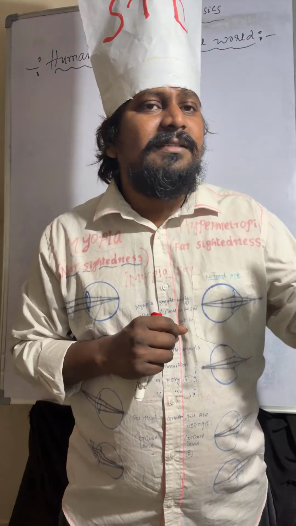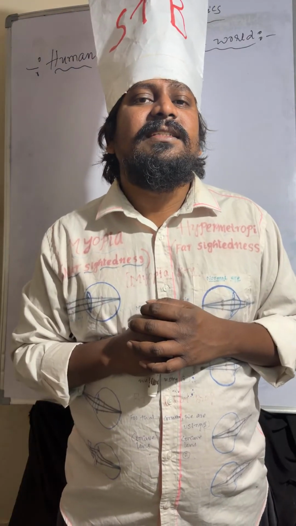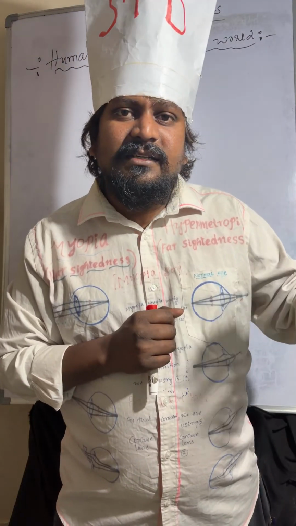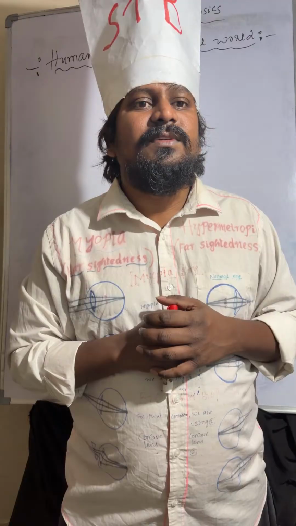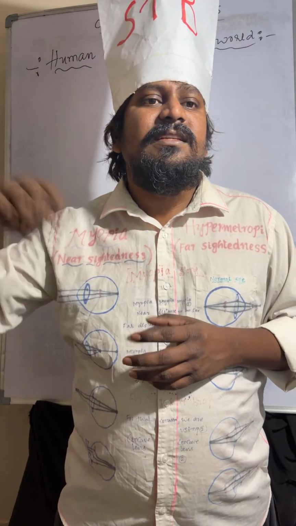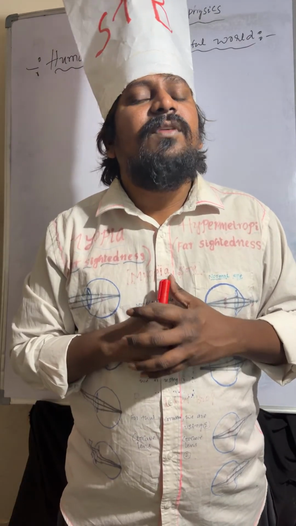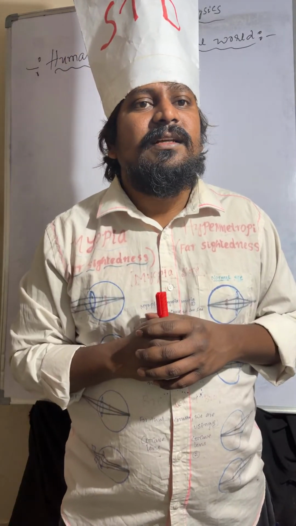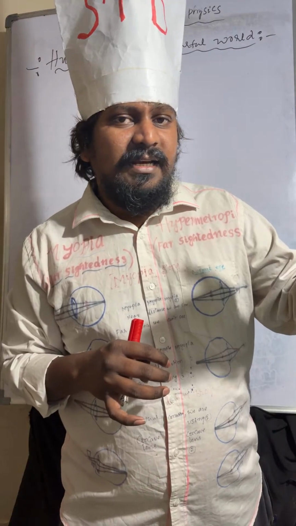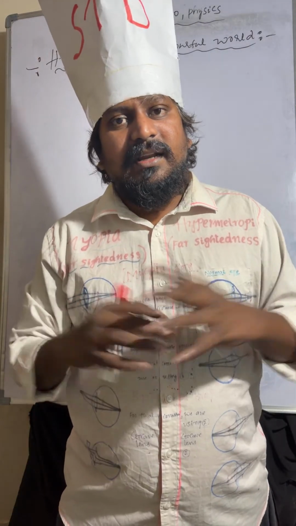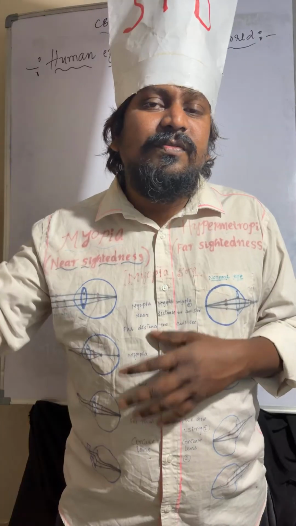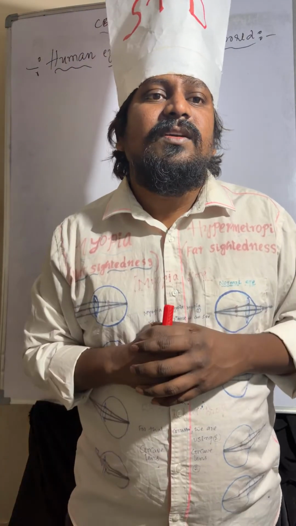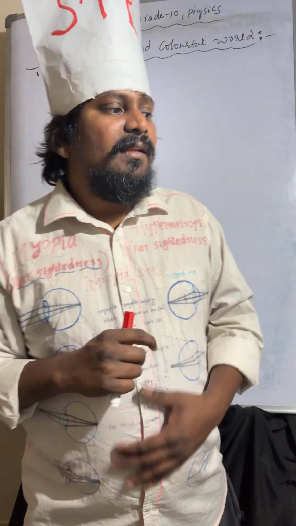Coming to myopia. Myopia is where the person can see near distance clearly but can't see the far distance. The person can see near point objects clearly, but he can't see far distance objects. For the correction of myopia, we are using a concave lens. Once again,